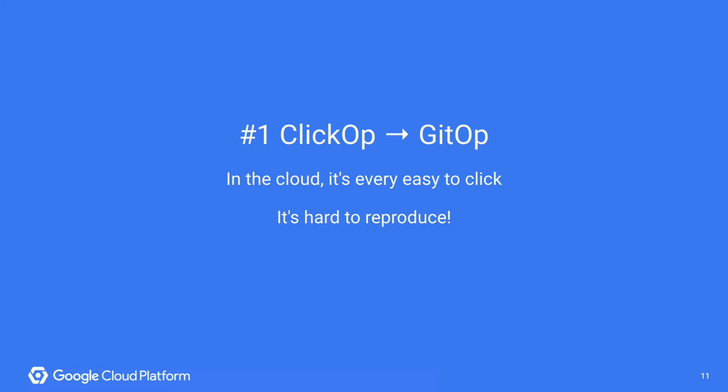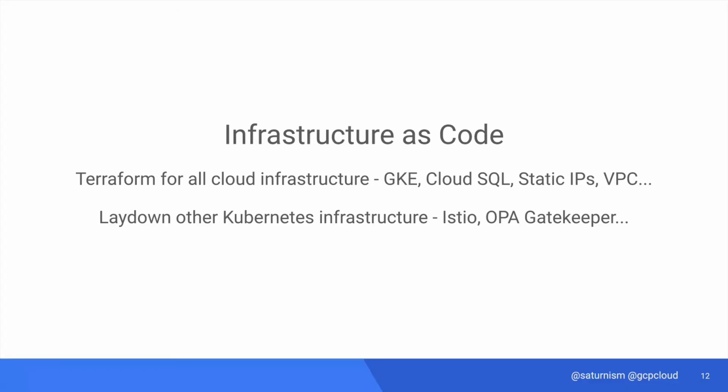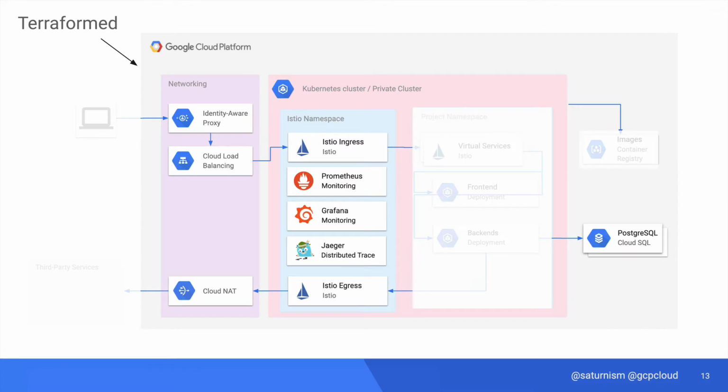And by everything, I mean all the cloud infrastructure like Kubernetes cluster, Cloud SQL database, and all the network configurations. But we also make sure that all of the Kubernetes components like Istio and other components that are necessary for an application to operate, minus the application itself, are all provisioned when we set up the new environment. In the end, when we produce a new environment like staging or QA, our application developers can simply deploy their application into the Kubernetes namespace, and everything else is ready to go.